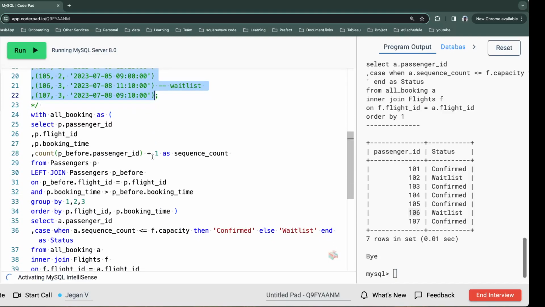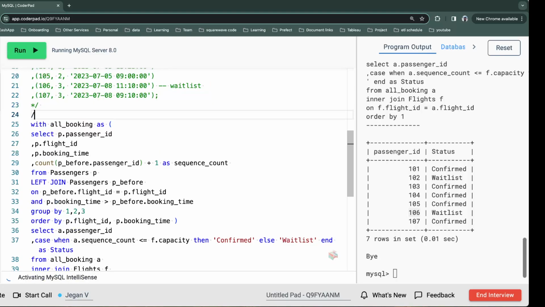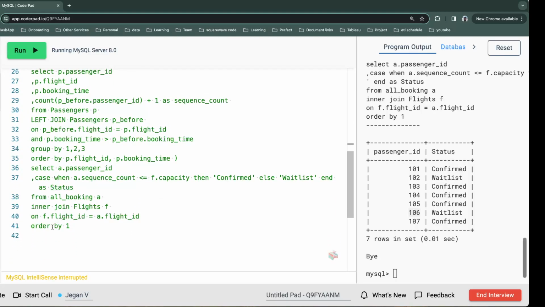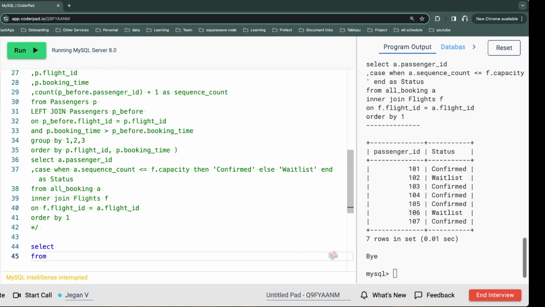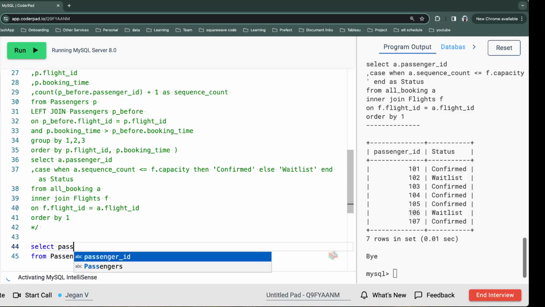Now let's see how to do that in a window function. The window function is going to be the same as before. Only thing is the main concept, as I said, we have to order the sequence, right? The booking sequence. If you order that, then everything is the same. So to order that using a window function, it's very simple. We don't have to go for self join from passengers, right? So what we do, passenger ID,